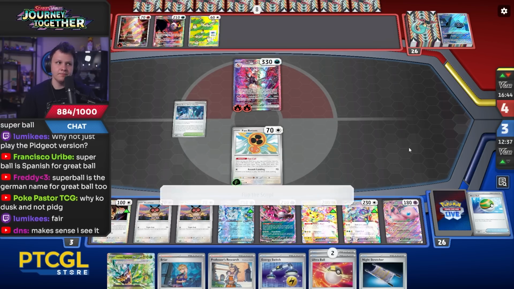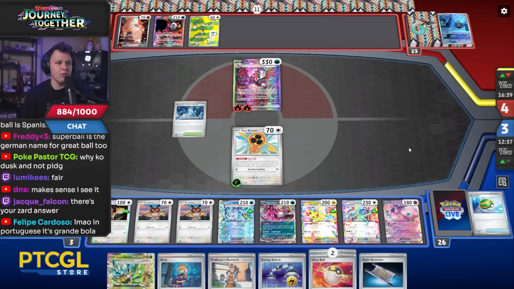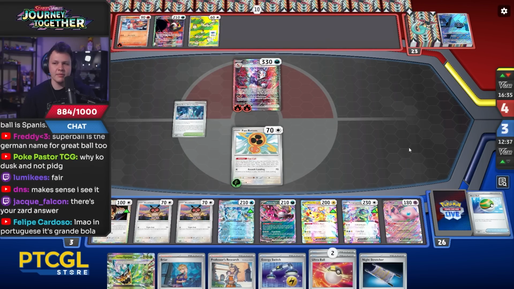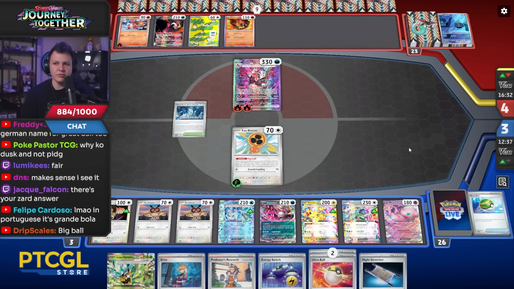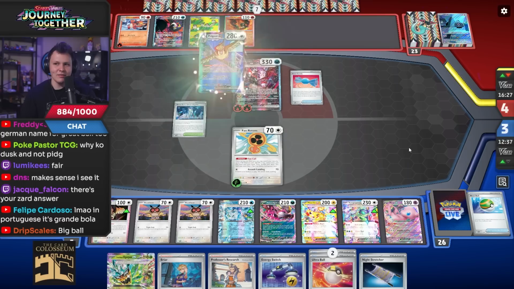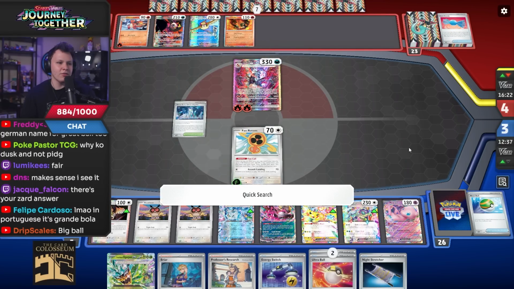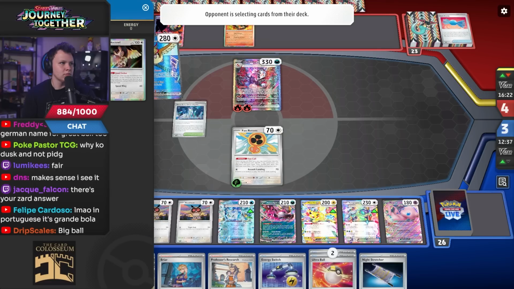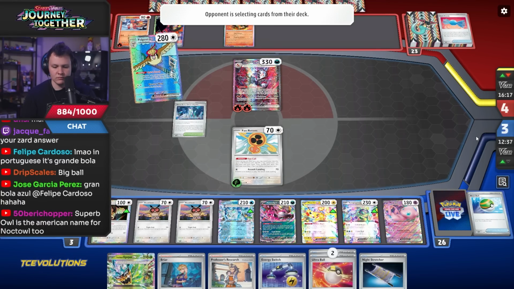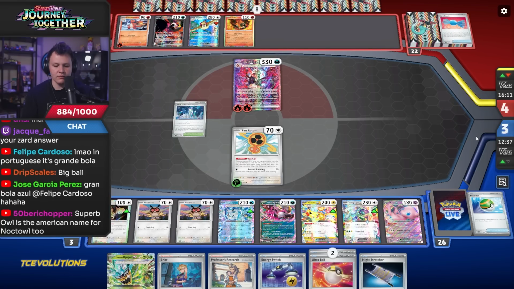Why KO Dusk and not Pidgey? Because the Dusknoir is the scary Pokemon here, I feel like, for sure. Yeah, I'm not really scared of... if they go Candy Pidgey out, they already have to invest resources into that, so it's going to make the trade-off of what the Quick Search would get anyways. Or if they just naturally have Candy Pidgeot. Yeah, I feel like I'm more scared of the other thing for sure. I'm more scared of